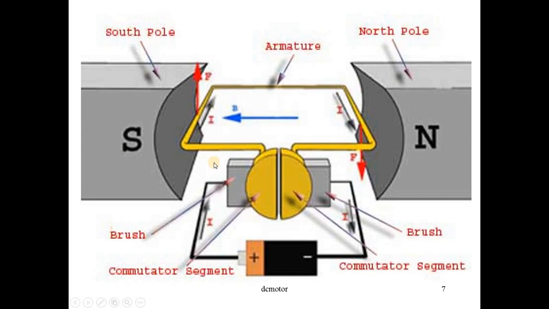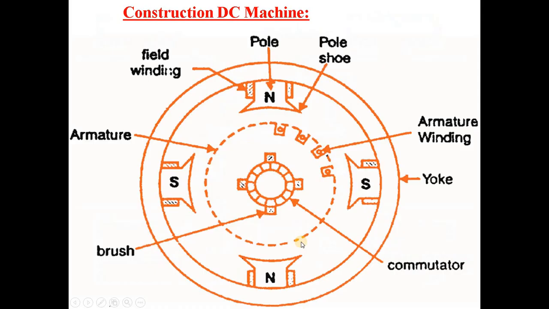This is the basic arrangement of DC motor as well as DC generator, where here we have used a permanent magnet. In between this permanent magnet, one conductor is placed having one turn. This is the commutator. The function of the commutator we will discuss in the constructional part. These are the brushes, and this is nothing but a DC motor.